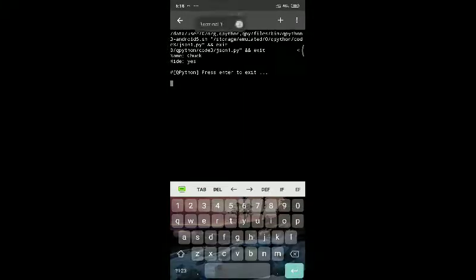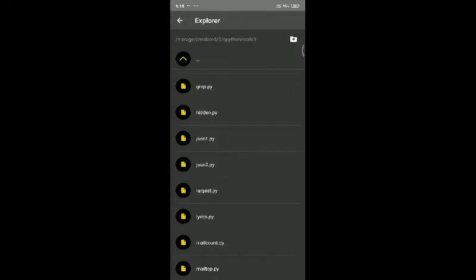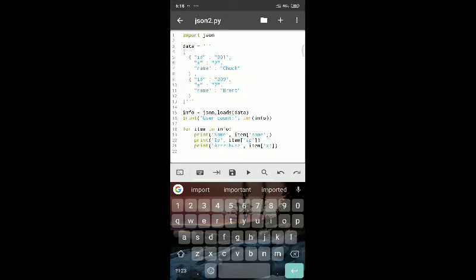This is the first program, and we have one more program with respect to JSON. The second program is very similar, where we write two different users, but here it is used as a combination of list and dictionary. You can see there are square brackets. If you write elements within square brackets, they are treated as a list.